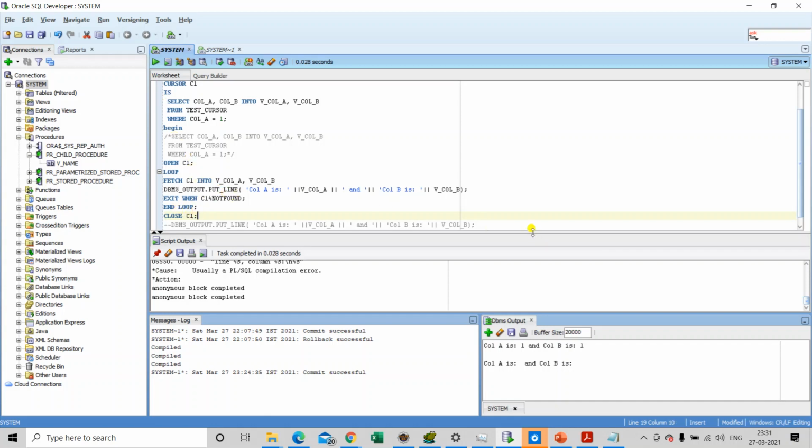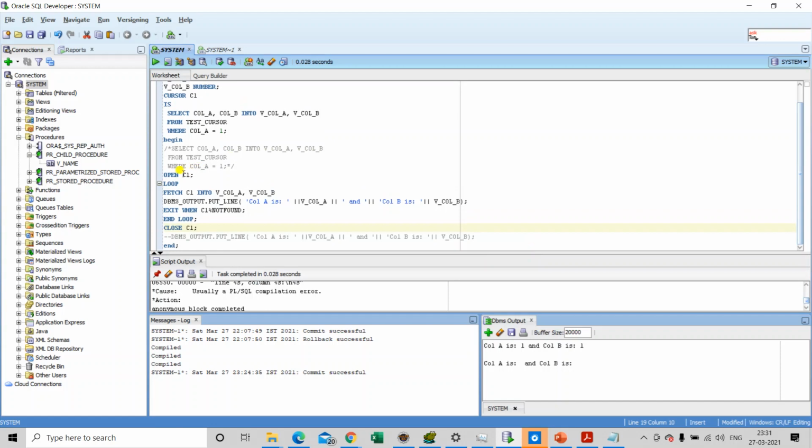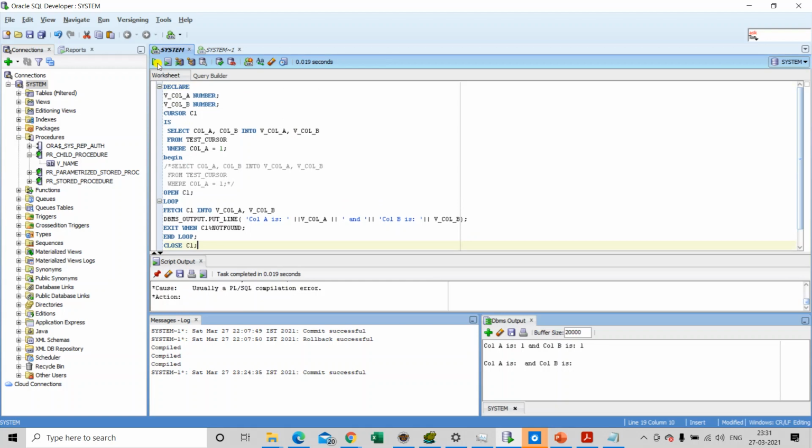So this particular code is like open c1, that in this line we are opening the cursor, then using the loop and end loop we are fetching the records from the underlying query of the cursor, that is this select query, and then we are fetching the records one by one and doing operations on those records, like in this case we are printing the values. So let's try to run it.